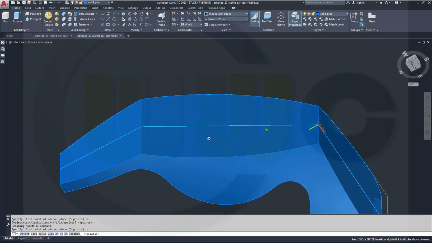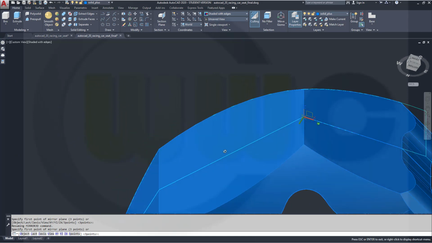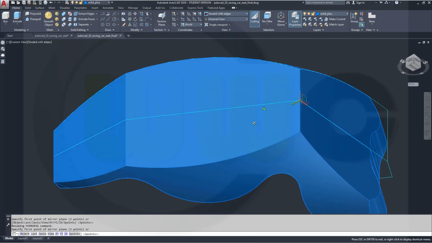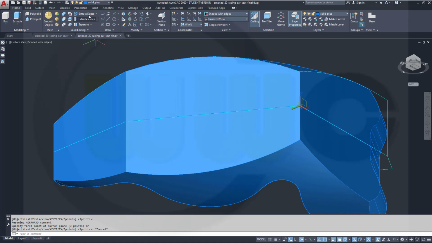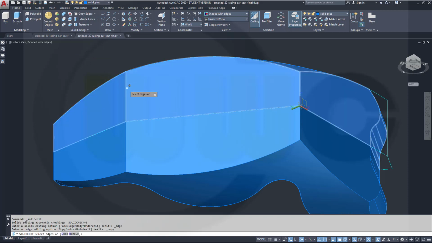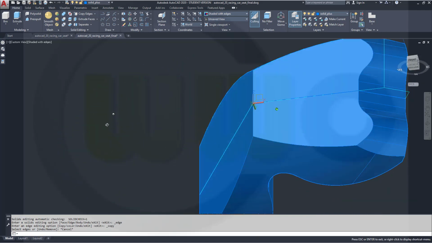Now I have to go for that bulge here, therefore I need to draw first a sketch. So how could I use those edges? I can extract edges, but I could color edges, I could copy edges. That would be ideal, to copy these edges and use them. So if I go for copy edges and select this edge here, can I get the complete one? Let's check,